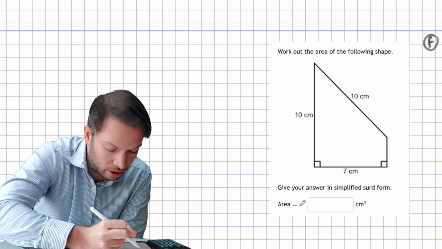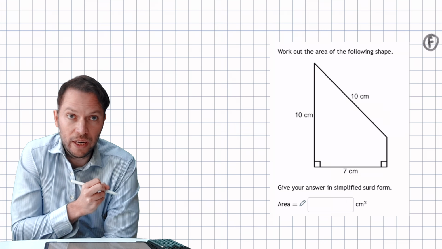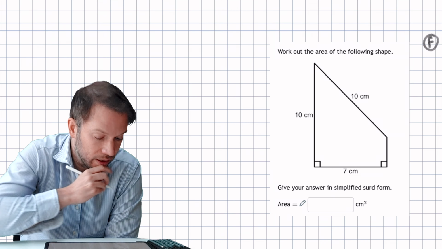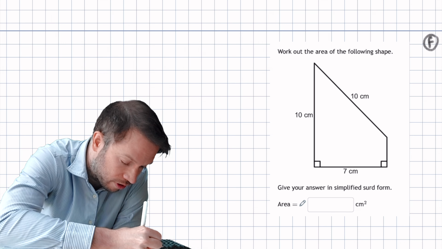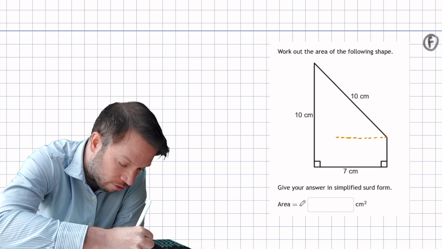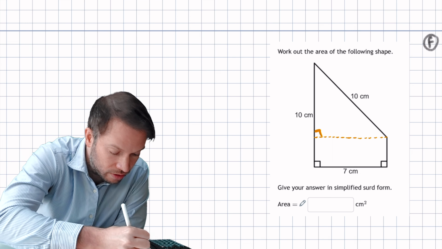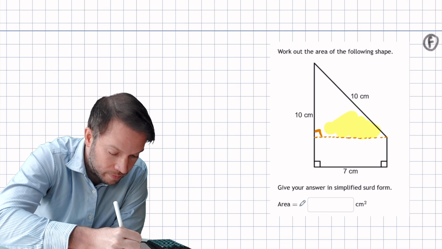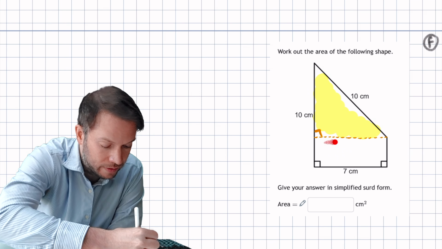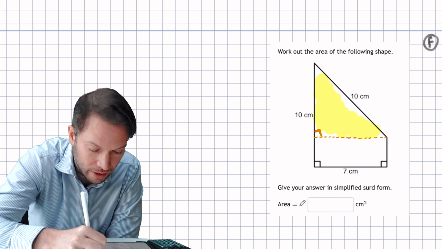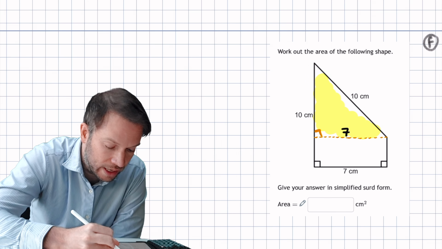However, we don't know what this length is here, so we can't immediately find the area of the trapezium that way. But what we could do is split this into a triangle and a rectangle like that. If we added a horizontal line and turn this into a right angle triangle, we can use Pythagoras theorem to work out what this length is here. Because we know this length here is 7, we put the 7 there. And we know this hypotenuse of 10,